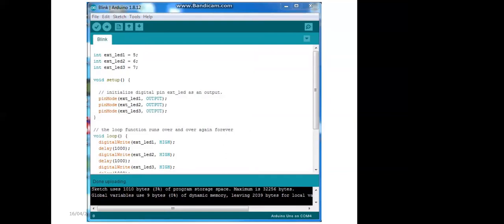Okay, now the programming side is done. Then the board side, how we need to connect it.